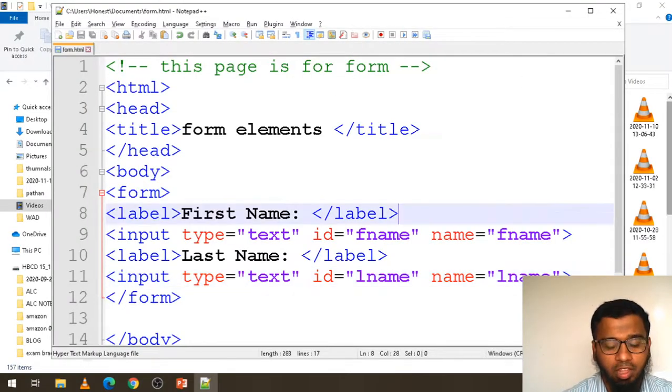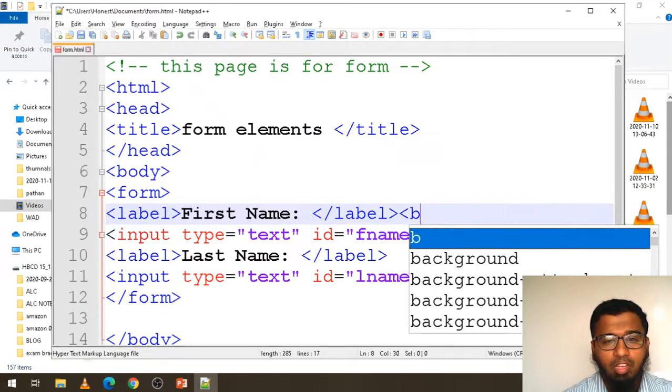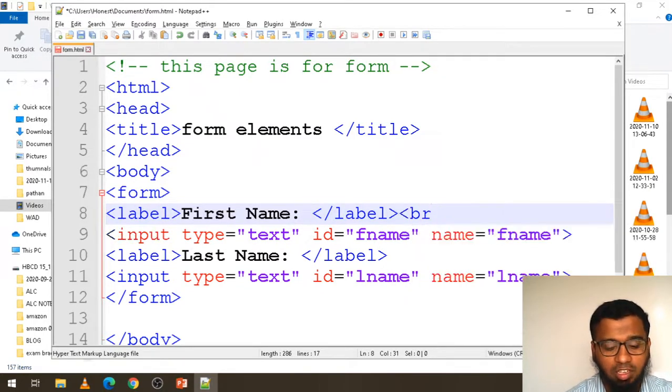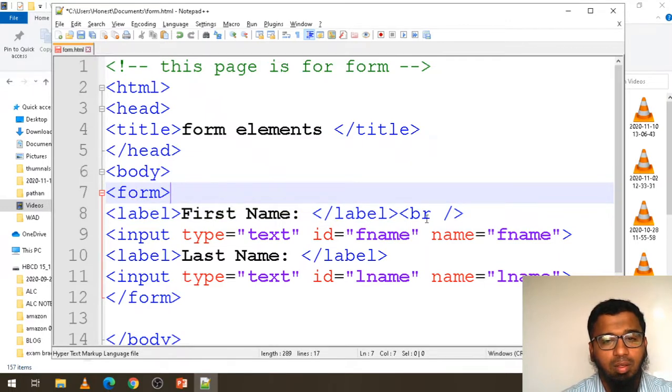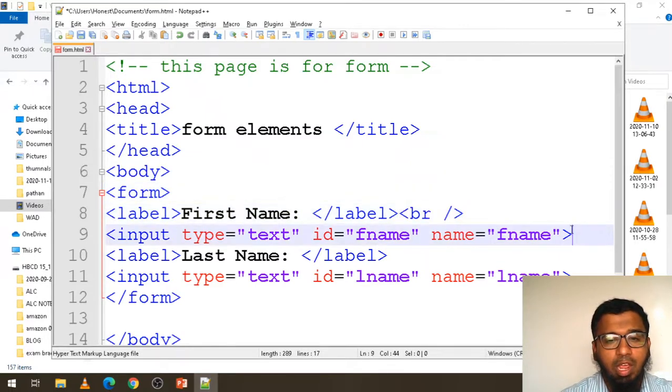You can do one thing, as we already discussed in the last class, BR. Okay, BR tag. BR will give a break and it will go to the next line, BR.